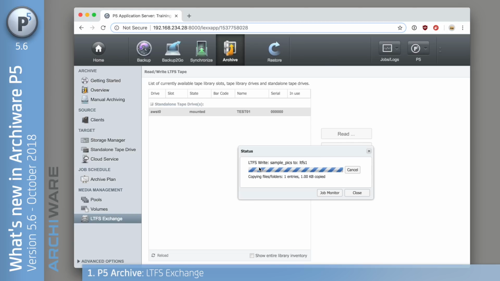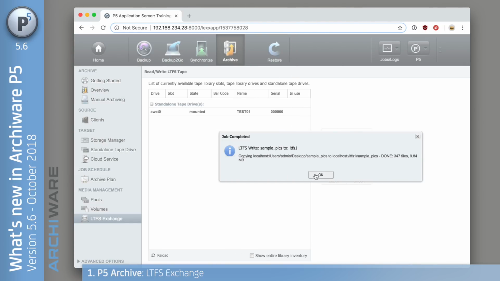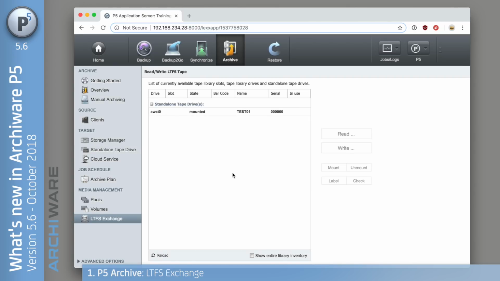Immediately the files are being copied to the tape and we get a report of how much has been done so far. When this is finished, we'll be able to read some of those files back from the tape. The copy has completed pretty quickly, so that data now resides on that LTFS volume, which could now be put into a different system. But just to show you how you would recover data from a tape, once mounted, we will